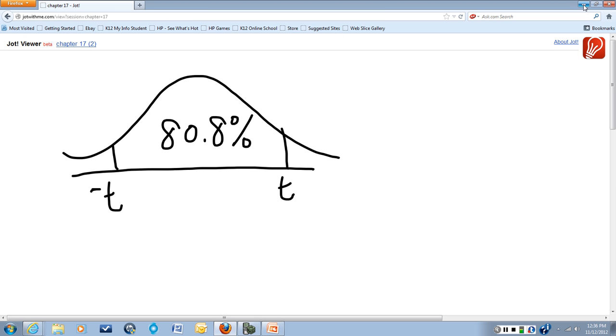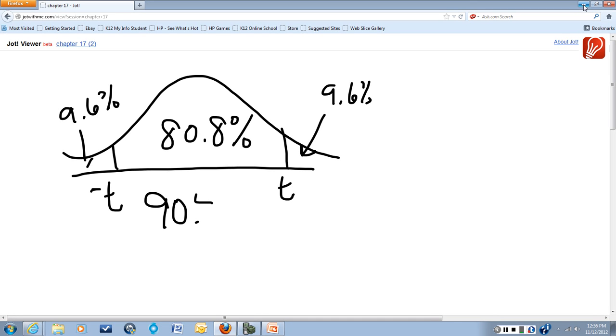What does that leave us for the tails? That leaves us 9.6% of the data in each of the tails, because remember, this is a symmetrical distribution. Okay? That means that we have 90.4% of the curve to the left of this t-value right here, the critical value that we are asked to